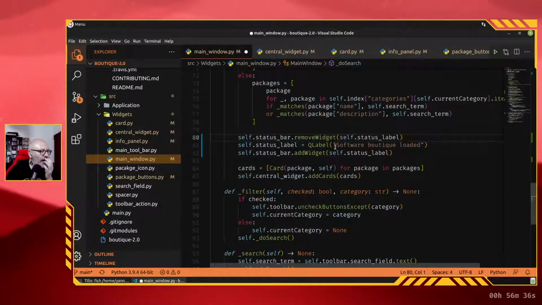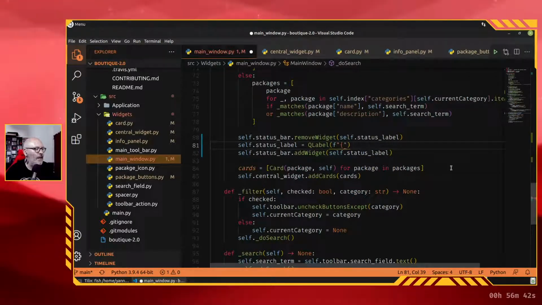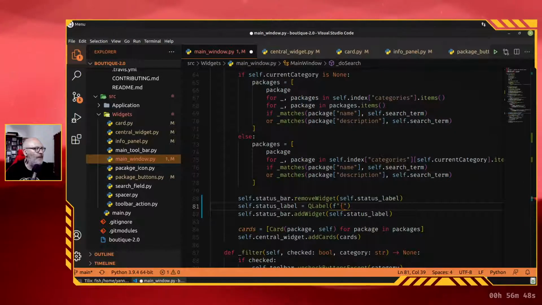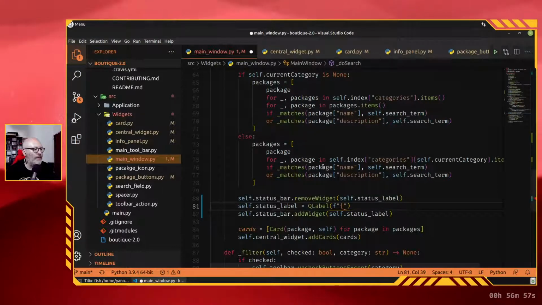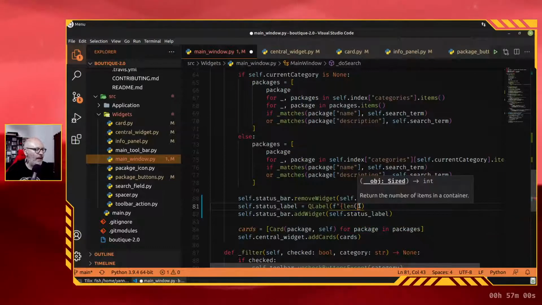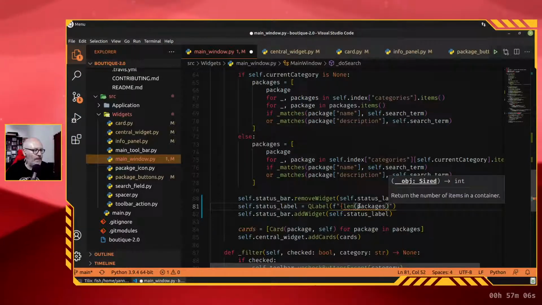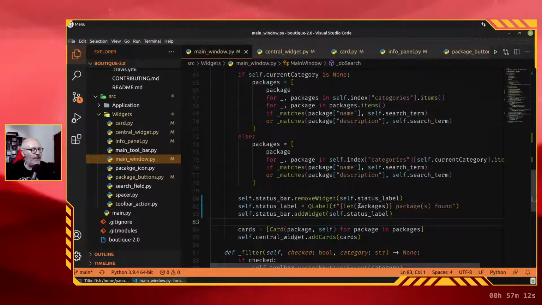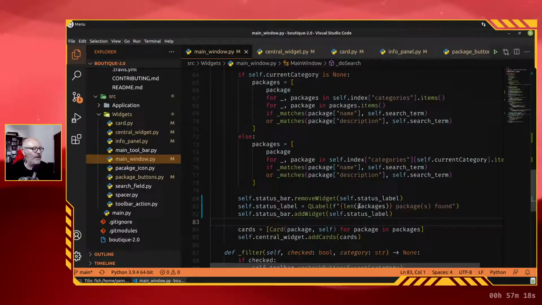Remove the widget. And now we need to write, we need to do something. Yes, I remember. We need the length of packages. That's the packages found. And we should probably test if len of packages equals 0 and write no package found,